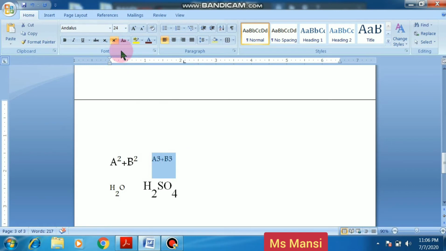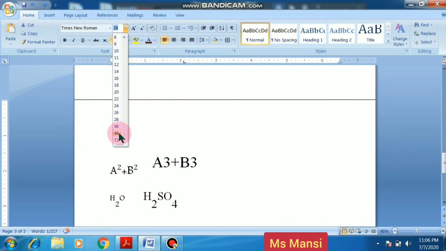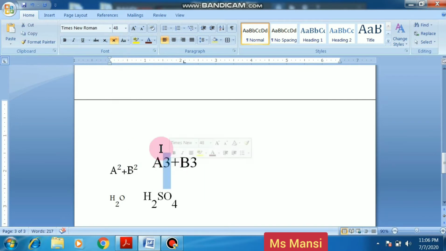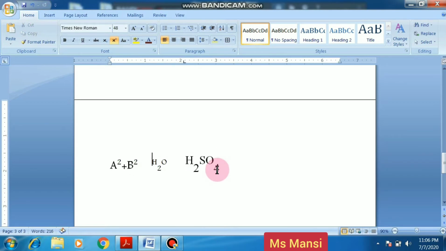I take one more mathematical expression, A3 plus B3. I want this 3 above the baseline. See here, this is the superscript.